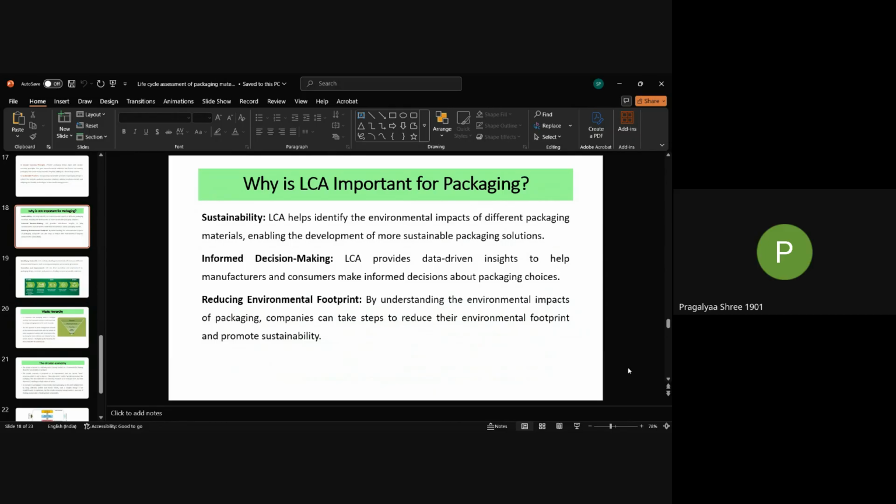So as a consumer, they can give some symbol over the packaging material. Yes, a cycle, I mean a triangular symbol will be there. They'll give a number over this, 3, 4, 5, 6 like this. So whether it is recyclable or non-recyclable, everything will be given on the